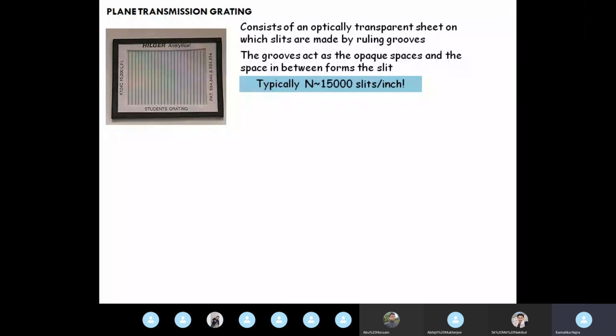Okay, so it's a very, very large number, and the moment you see this n, you must recall that n gives you the value of the intensity of the principal maxima, n square. So you can imagine how intense the principal maxima of a grating will be, n square. Okay, so that is what you should realize. So typically this is multiple slit diffraction.